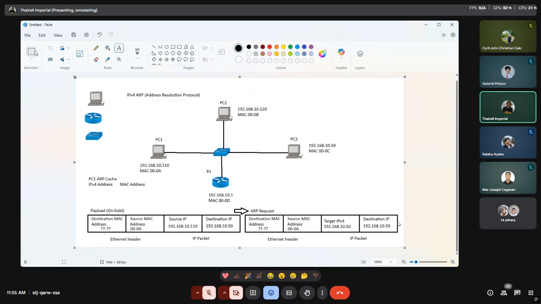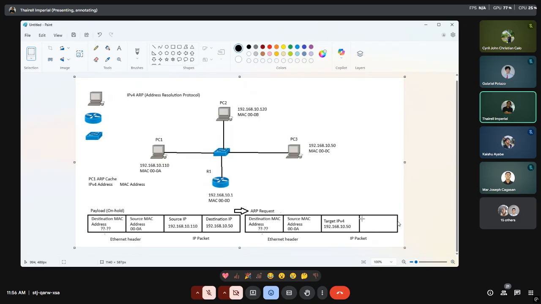And this here, instead of the destination IP, will be changed instead to obtaining here. So this will now be the packet that will be responsible for identifying later what exactly the MAC address would be.